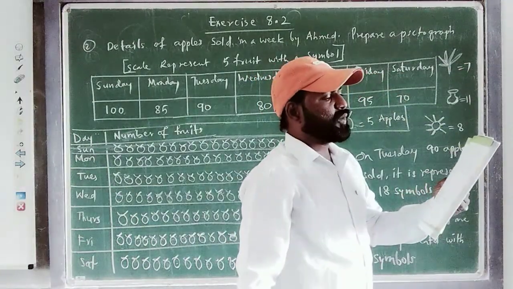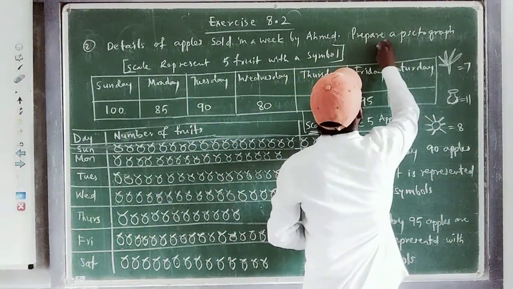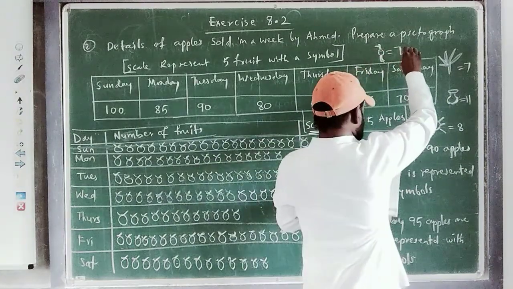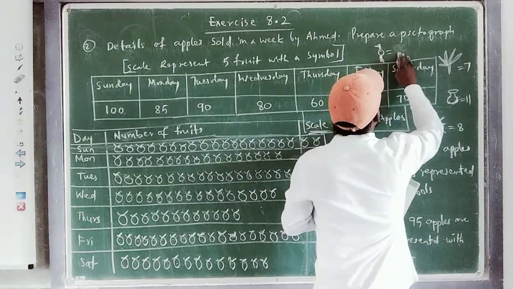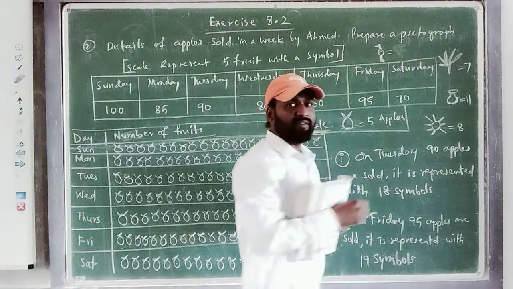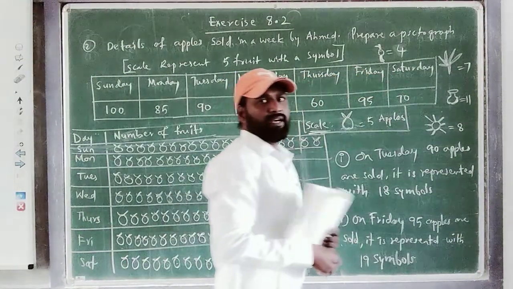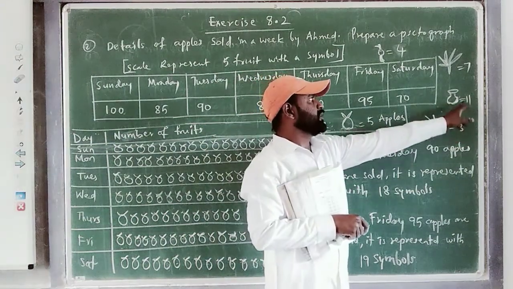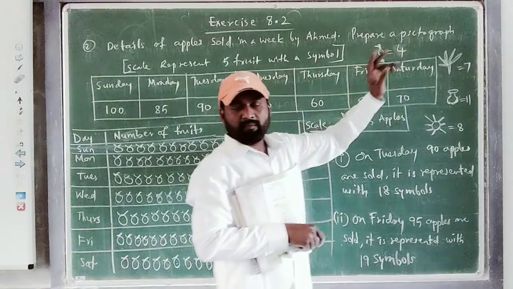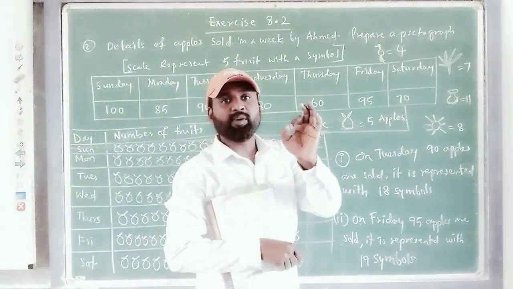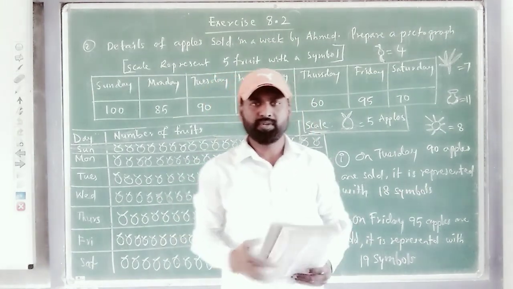Next watches. Watches 200. Just now we showed the watches like this. You show a wristwatch. Okay. 200 watches, so 200 divided by 50. 400 would be 8, but we have only 200. So 4 symbols of watches will become 200 watches. So suns are 8, pots are 11, trees are 7, watches are 4, because we are choosing the scale as one symbol is equal to 50 votes. We have to show in this way.